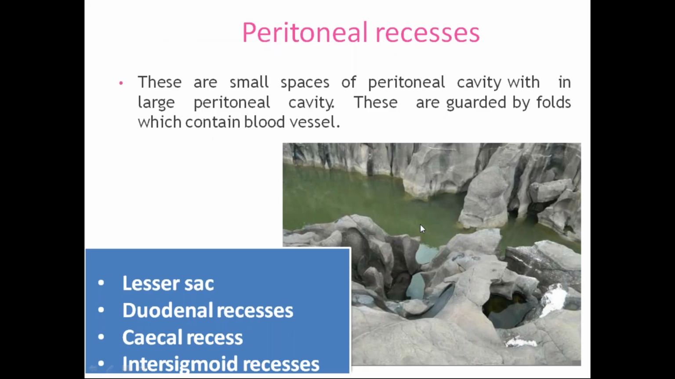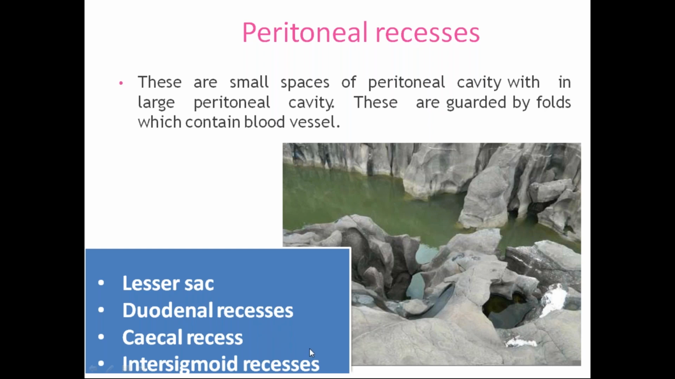Other than this, there are numerous peritoneal recesses. They are nothing but small spaces of peritoneal cavity within the large peritoneal cavity. So this is a large peritoneal cavity. In this you can see small canals. Like this you have the small peritoneal recesses. Usually they are guarded by folds which contain blood vessels. The names of the peritoneal recesses are lesser sac, duodenal recesses, cecal recesses, and